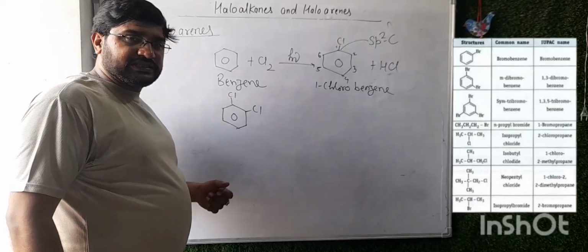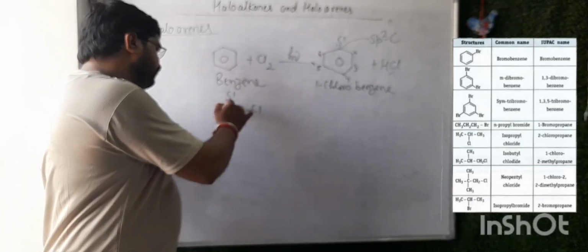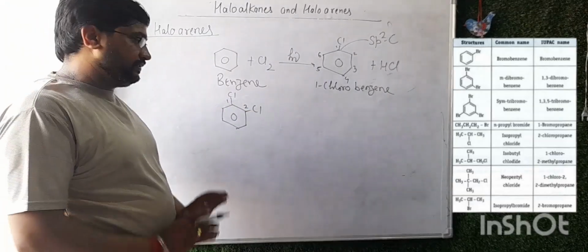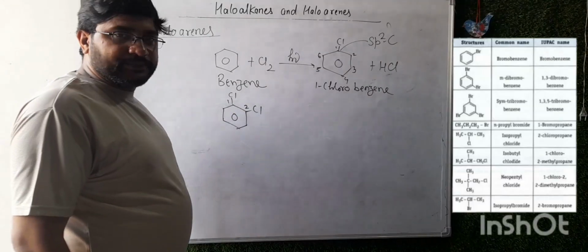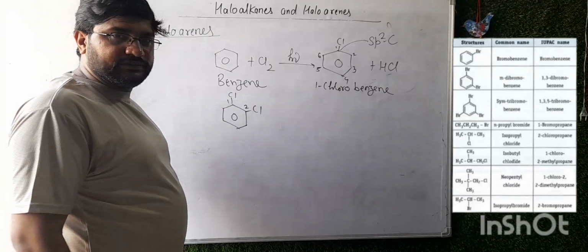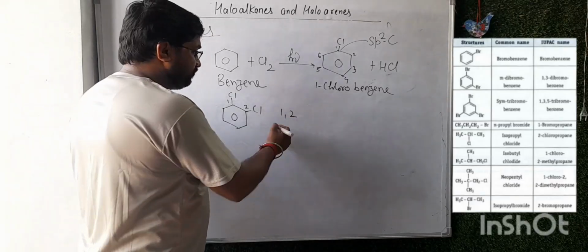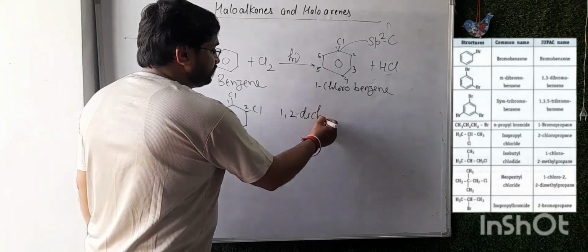Where we have numbering first and second, it does not matter. Either you write first here and this is the second, or the other way around. So very simple naming: first and second carbon having the same type of chlorine. So what we name is, first we write their locant positions 1, 2, and how many times they come, 2 times, dichloro